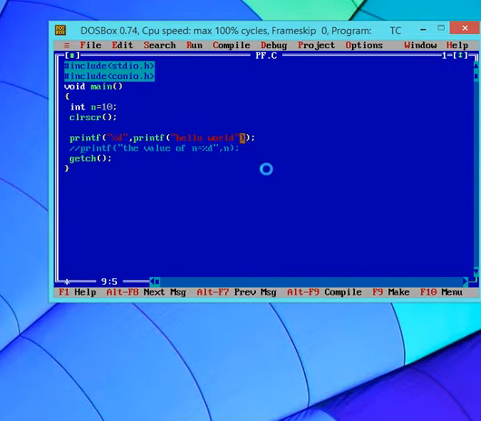See here, I give n equals printf, with the integer type n declared here, and I assign to n whatever printf returns, and I write hello in my printf.